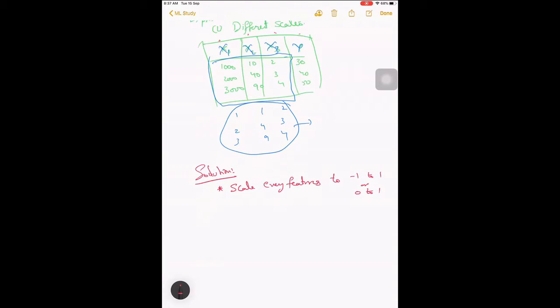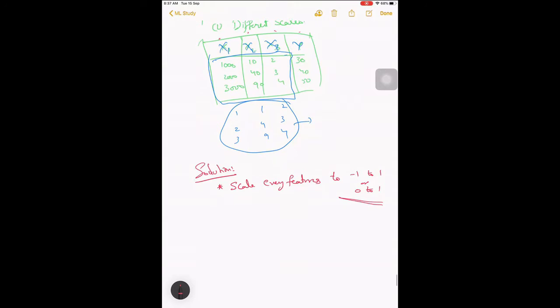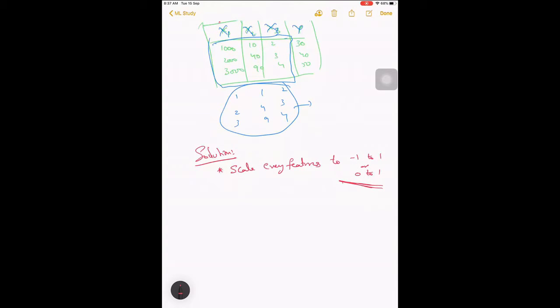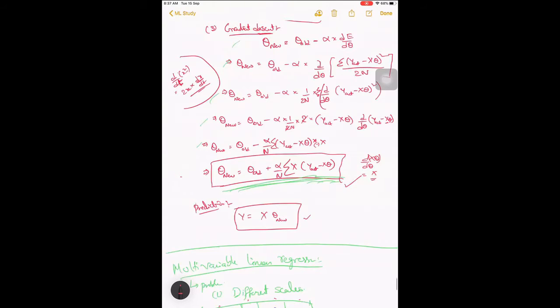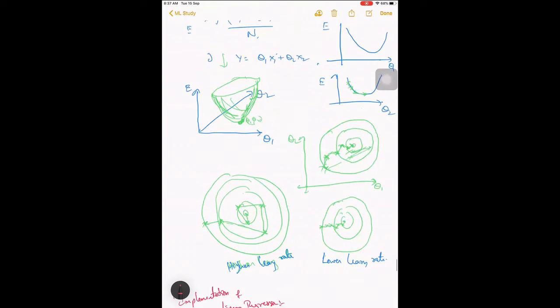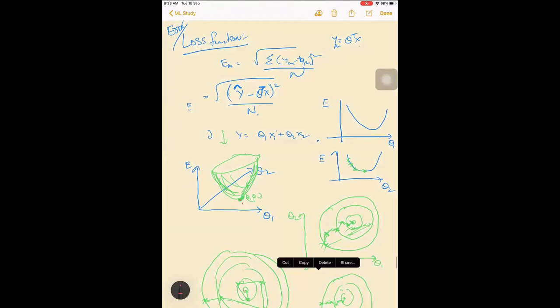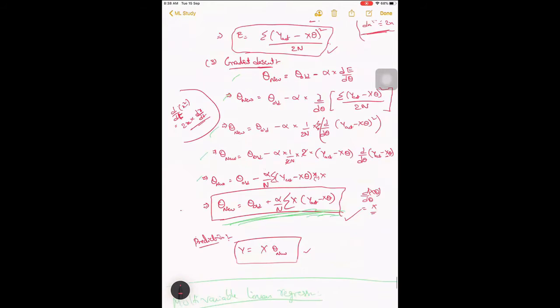If you scale all your values within this range, then you can easily learn from the data. It can easily achieve the optimal point, whatever we are trying to find through gradient descent, right? You can easily achieve that when all your data points are in the same scale.